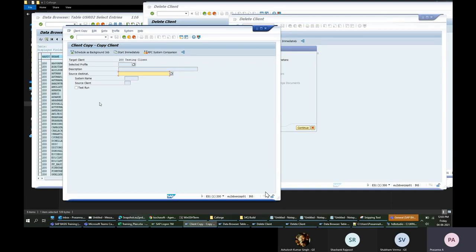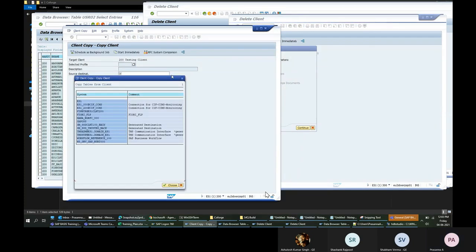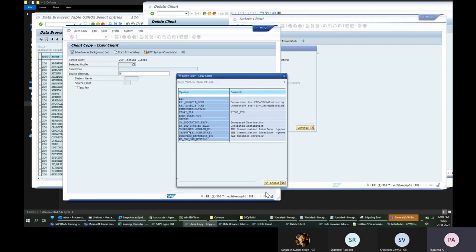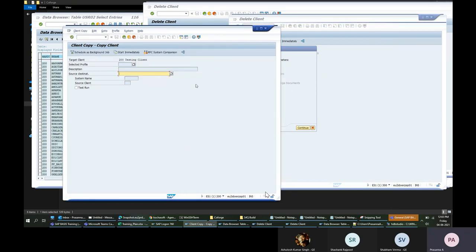A production system I cannot touch, so I can copy the data from production to here. I give a source system, and there is something called an RFC destination. I create a connection to a different system and give the connection name. So from a different system also, I can copy the client data.